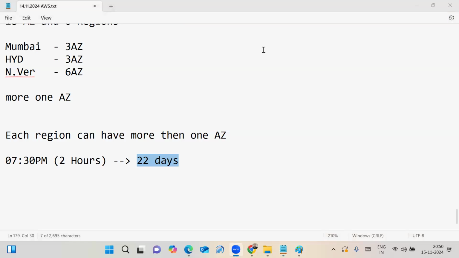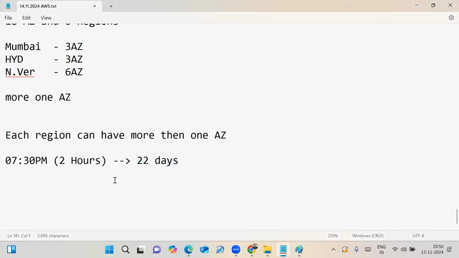Right now, the batch that started last week begins at 7:30 p.m. These 2 days I am not teaching that batch. For that batch, I will explain how to launch the Linux server and the steps we follow, how to launch and connect the Windows server, how to transfer files from your system to the launched Linux server and Windows server, and also some basic Linux commands. I can cover it in tomorrow's session, friends.